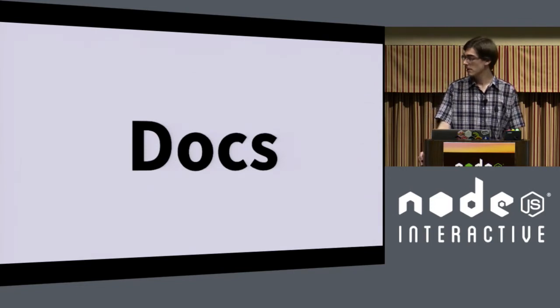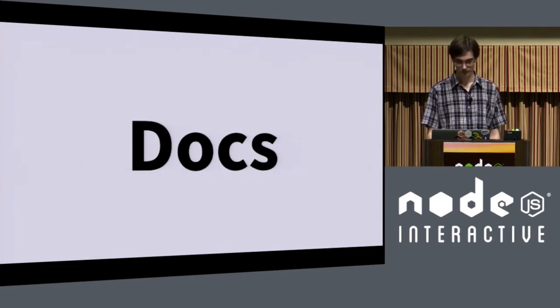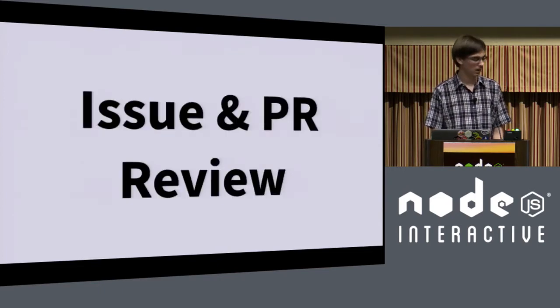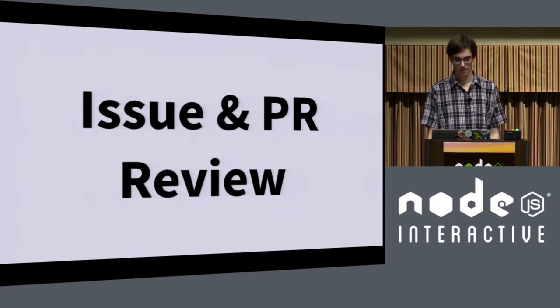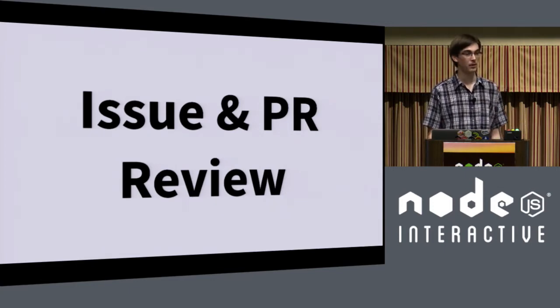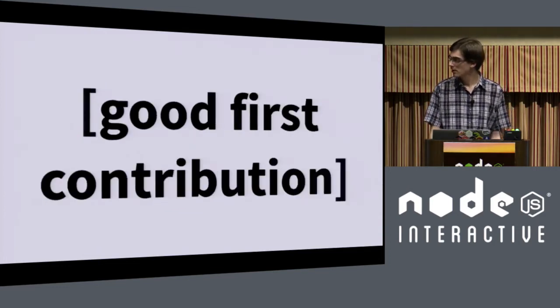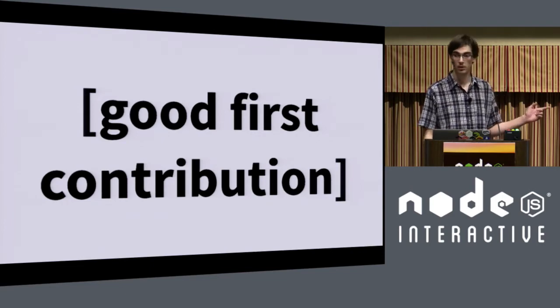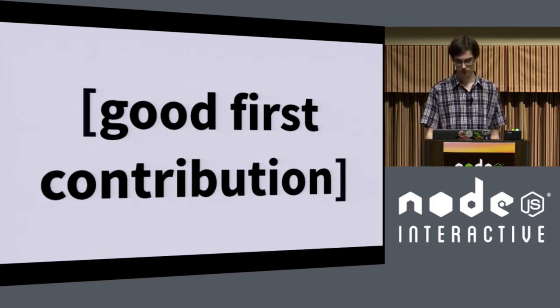Another great way that people often get involved is through the docs. We're always looking for help with that. And a couple of people, including myself mostly, get involved by just helping out on issues and sometimes reviewing pull requests. And that's also something we value if that's your kind of thing. Another thing is on the core repository, Node.js/Node, we have a good first contribution label. When we see issues that we think someone could handle reasonably, we try to tag them with that so that people can go through and look for stuff that's relatively easy to do.